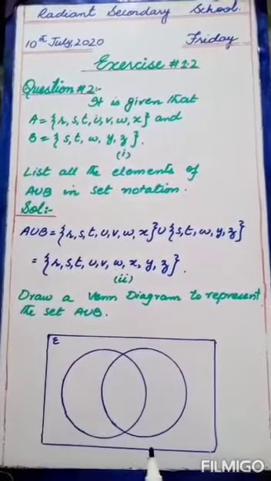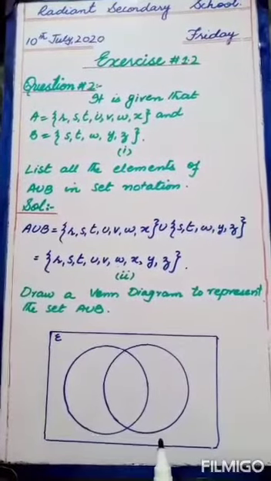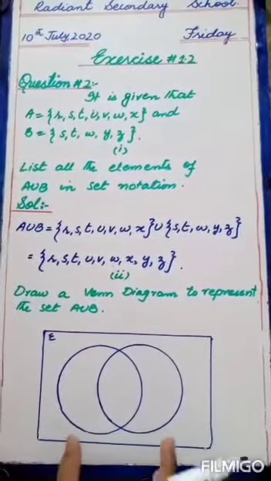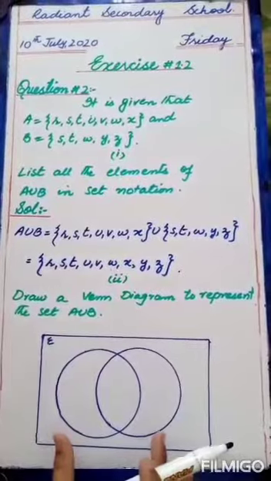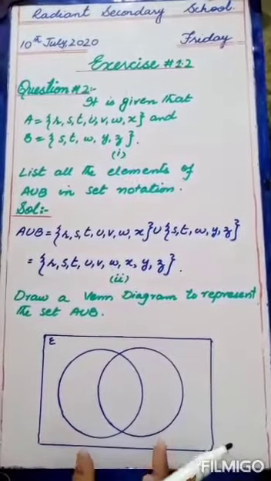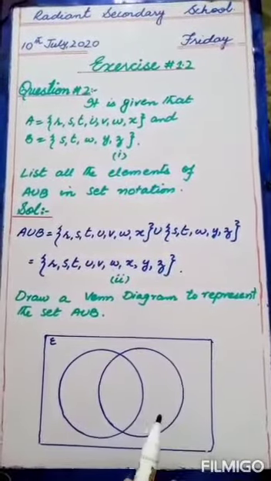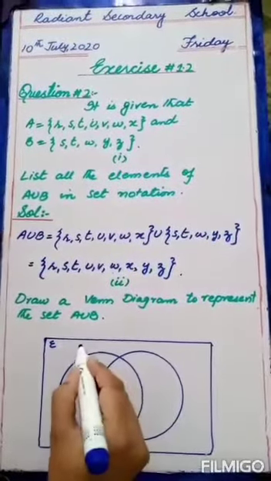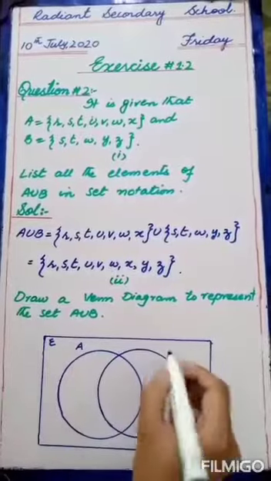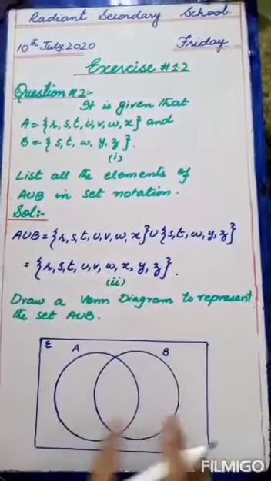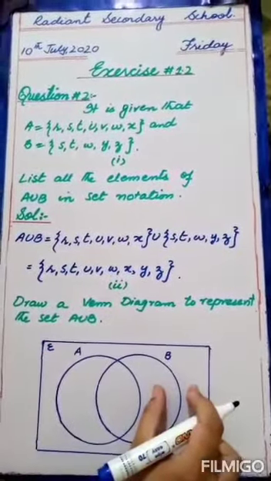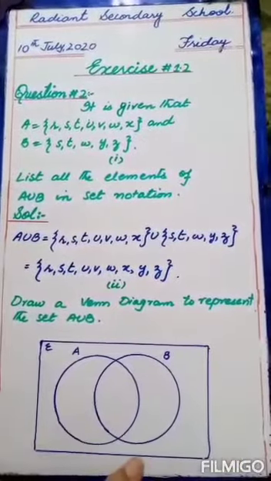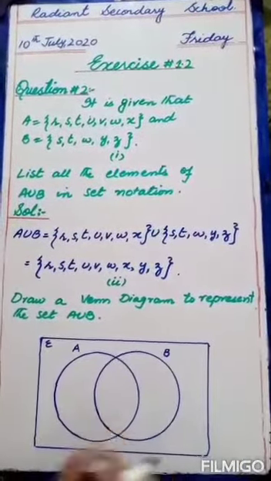Okay students, now all of you know that whenever the case overlapping is there, we will draw the diagram like this. Means both the sets will overlap. Now we will write the elements of both the sets. First of all, I am going to write A on this set and B on this set. You can also give name A to this set and B to this set. It's your own choice, but be careful while writing the elements.